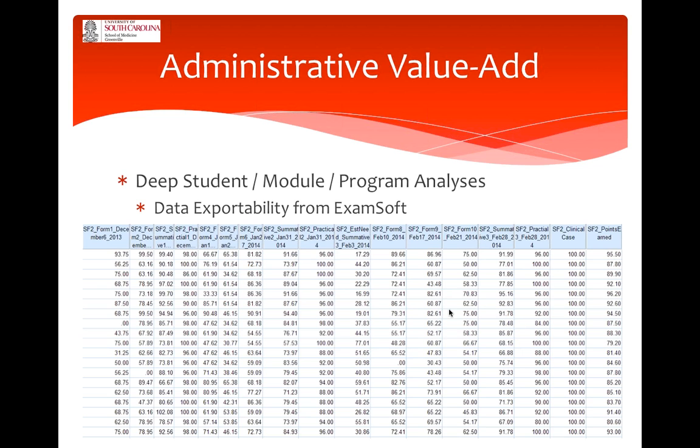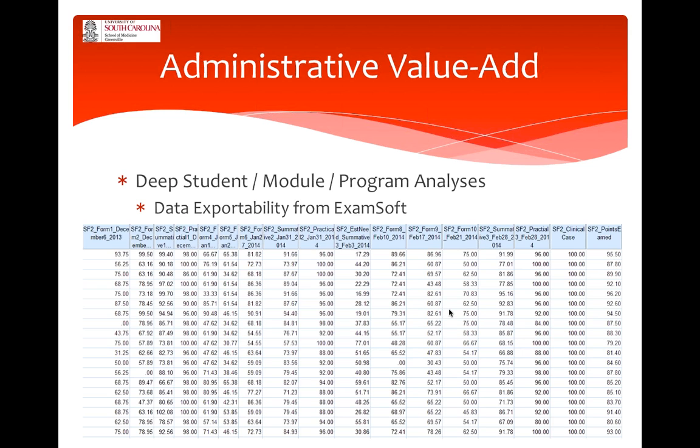Everything from their pre-matriculation data, such as their undergraduate GPA, their MCAT scores and sub-scores, etc., on down the line to every formative assessment that we put them through, every summative assessment, every competencies assessment. And for us, this has proven to be an extremely valuable tool. And the only way that we've been able to effectively and efficiently pull this data set together is because ExamSoft is so effective with its data exportability. So we're able to pull any result from ExamSoft and very quickly get it into this data set for further